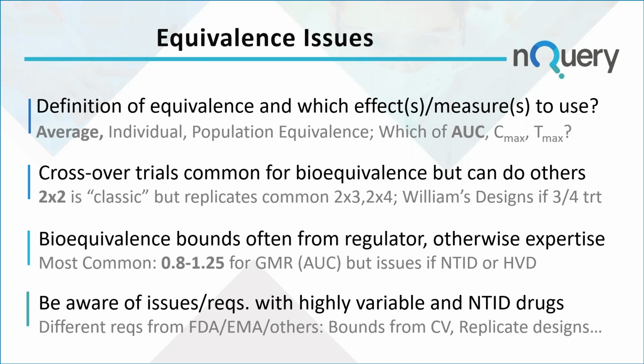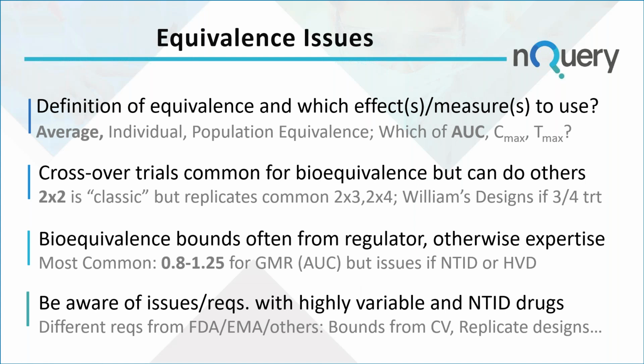quite common. So that's where, rather than having AB, you might have ABBA or something similar. And then Williams designs will be required if you're looking at more than 2 treatments at a time. So replicates are mostly of interest if we're dealing with this last issue here of highly variable and